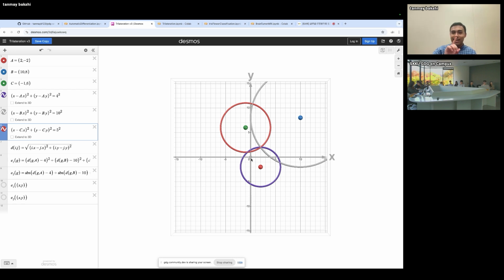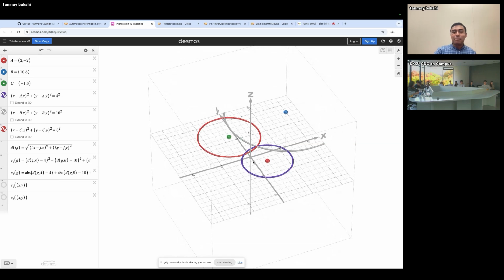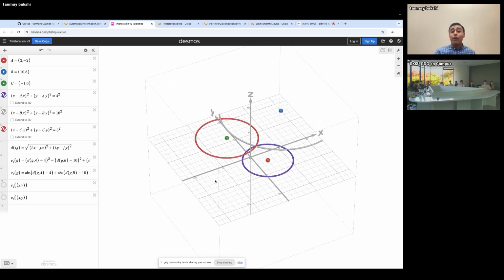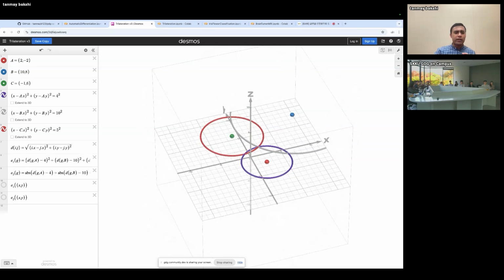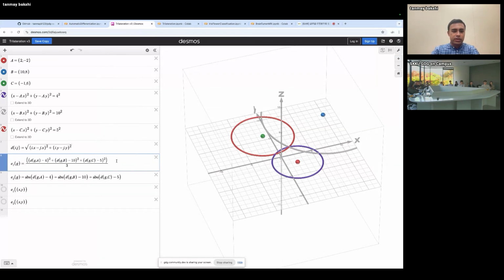And the really fun part here is that Desmos, this online graphing calculator, recently introduced three-dimensional support. And so I can actually visualize for the first time ever, because I've loved using the example of trilateration, but now I can finally visualize what that error function looks like. So what I've got here is this error function that I've defined. I'm going to go ahead and expand this really quickly. And as a matter of fact, it would probably be useful to divide this by 3, so it's easier to take a look at the thing in scale.